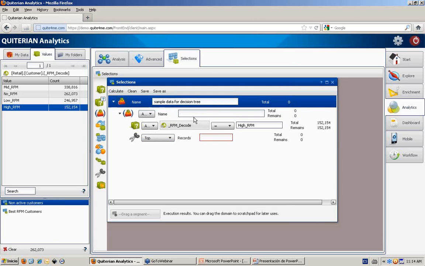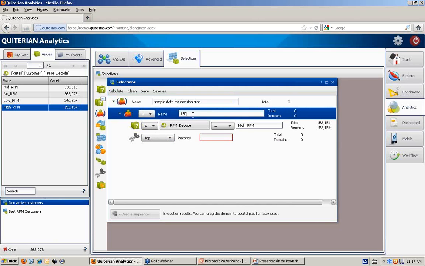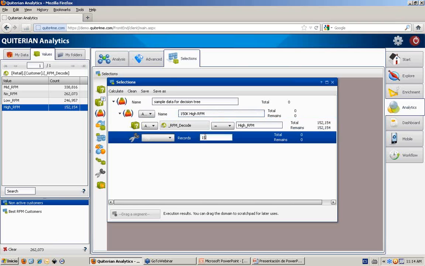I could use, for example, this would be if I want to grab 150K, high RFM, I will grab 150,000. I will be able to grab them from the top, from the bottom, from the middle, 1 out of n, or randomly if I wanted to. So if I calculate, I will have here